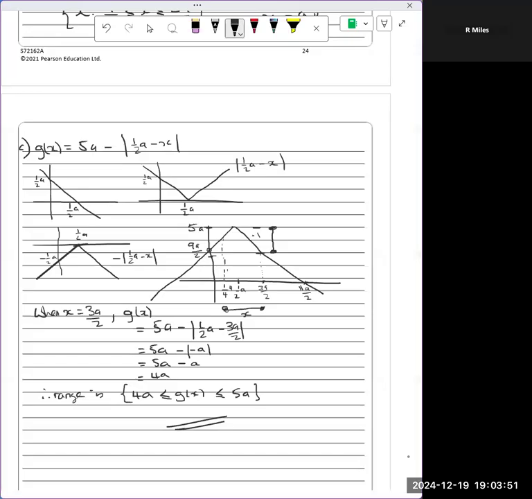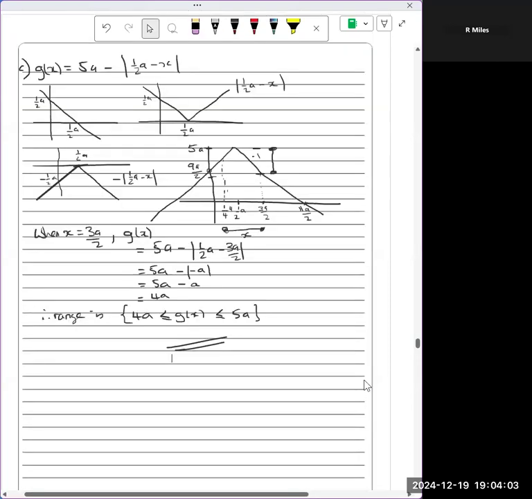I did think about the sketch just in case you wanted to carry on listening. In terms of the sketch, rather than doing this series of transformations, another way you could tackle it is you've got g of x is 5a minus mod half a minus x. You could simply look at it from the point of view of if the modulus is positive. That's going to be the requirement. So if a half a minus x is greater or equal to naught, then g of x